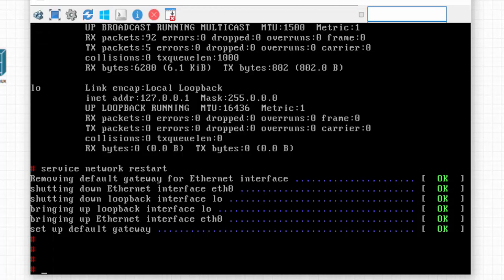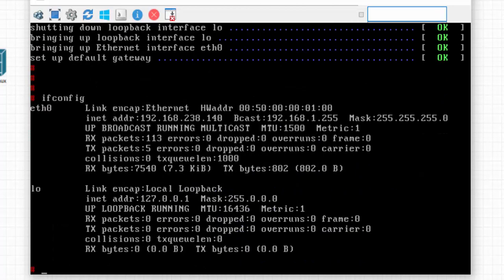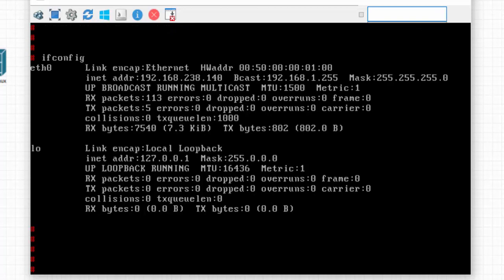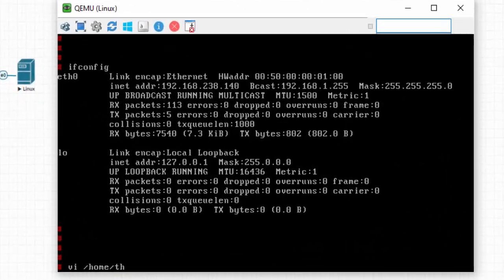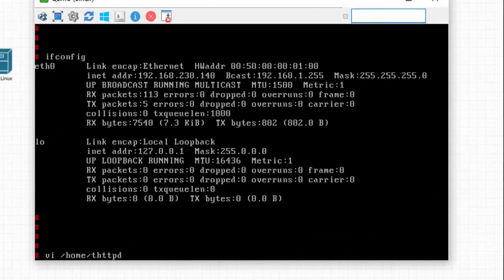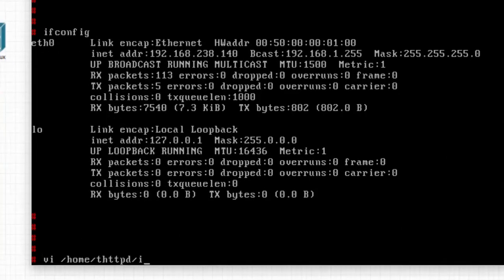Okay, the service has restarted. Let me check ifconfig. Okay, 238.140. So it can see the IP address. This tiny image will work as an SSH, HTTP, and FTP server as well. If we are using it as an HTTP server, we need to change the HTML file. For that, vi, this is the home directory, and this is httpd, the HTTP daemon, and